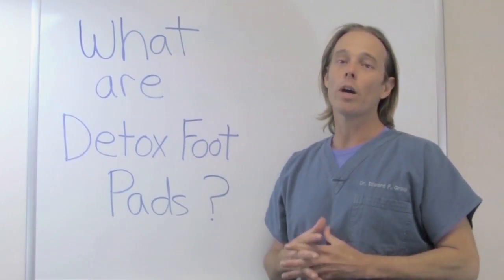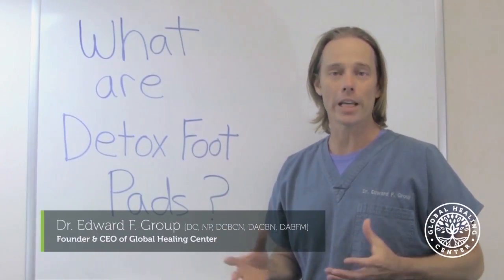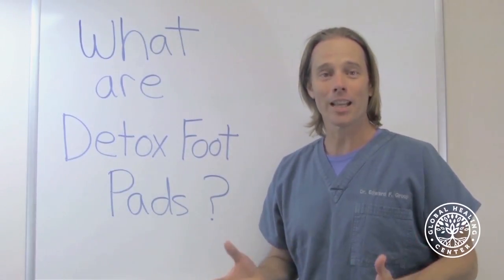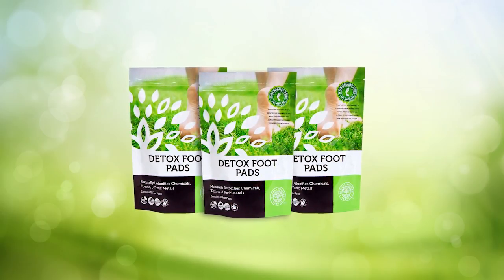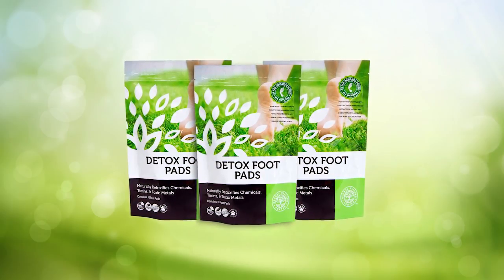Today we're going to talk about what are detox foot pads. Detox foot pads are the culmination of centuries of Japanese knowledge that has been passed down through generations. Our detox foot pads have been specifically designed to promote the natural detoxification of chemicals, harmful contaminants, and toxic metals